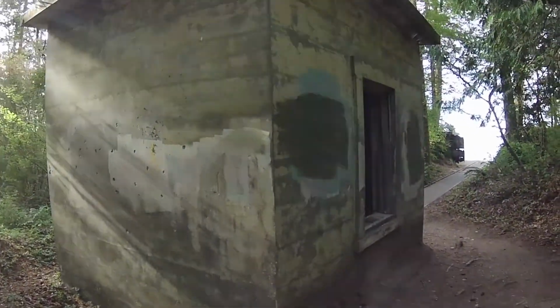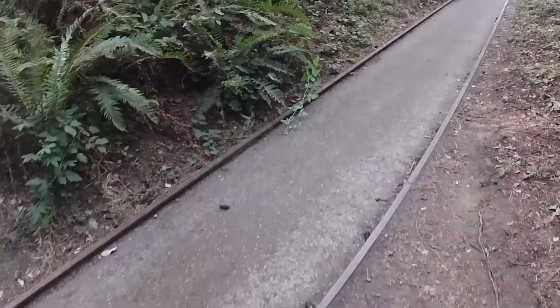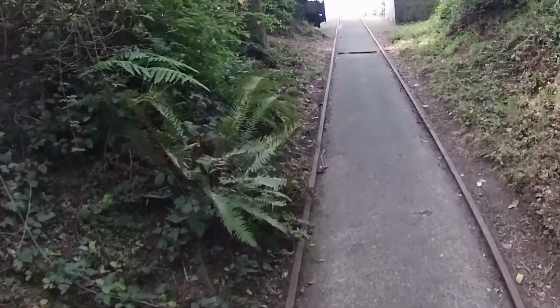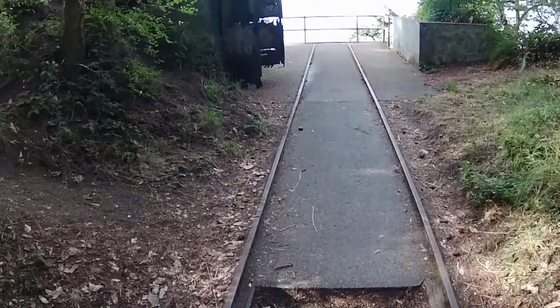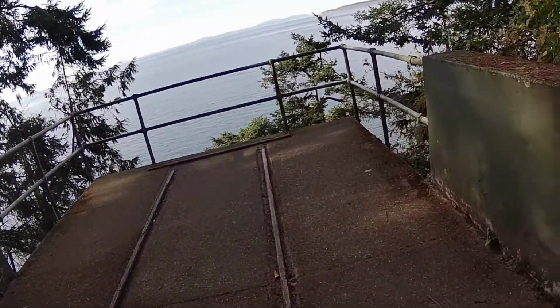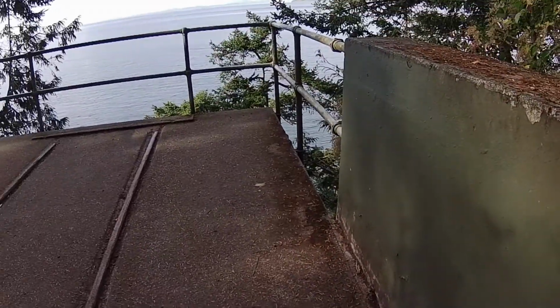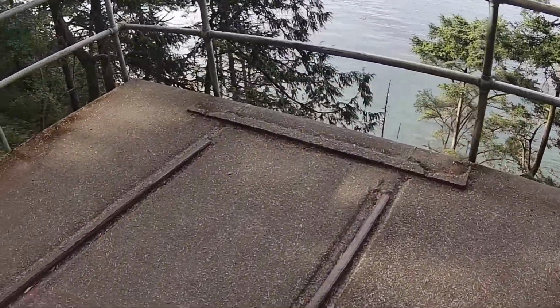The searchlight was stored in this building and then rolled out on a little trolley, they say, from this building. It's like we got a little set of railroad tracks here, going out to here. Kind of interesting. A little building here, and had this little platform built out over the, set my bike aside here. Hang on a second. There we go. A little platform built out here so you could,